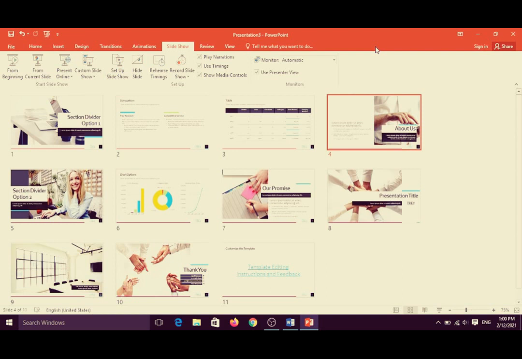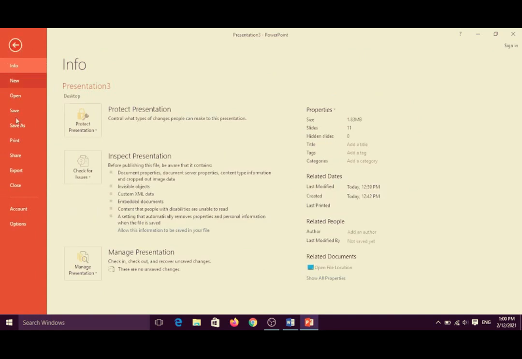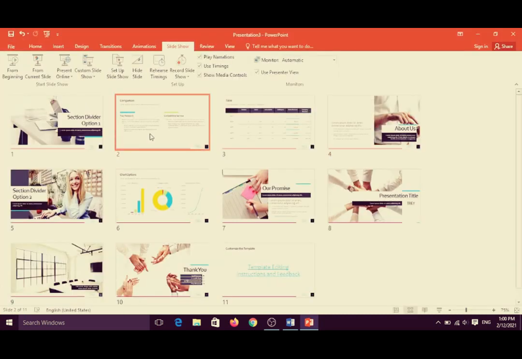And how can you close your presentation? Very simple. Click on the File tab and choose Close. If your presentation has not been saved, it will ask you first whether to save or not. It depends on you.